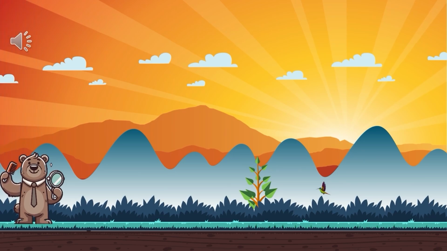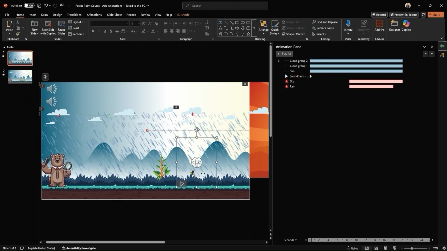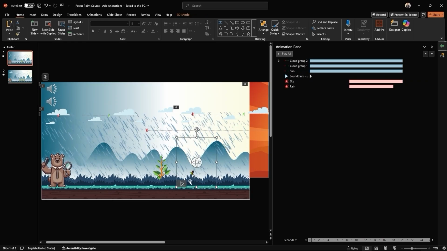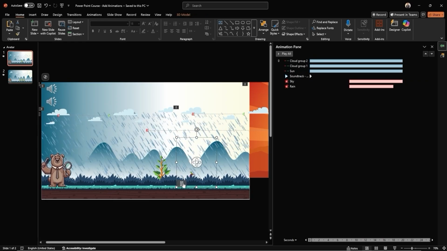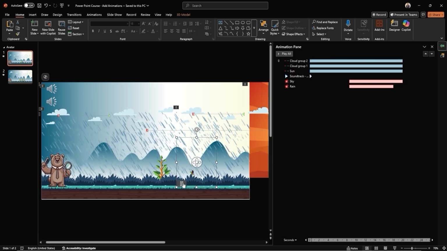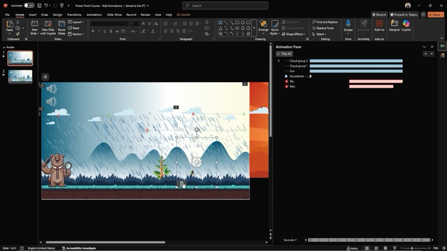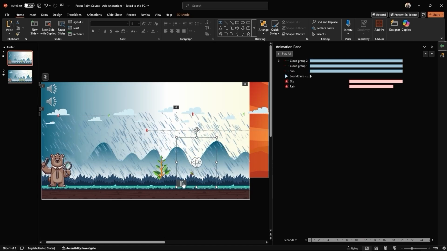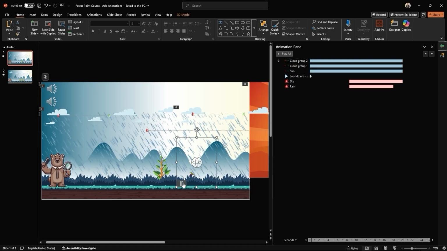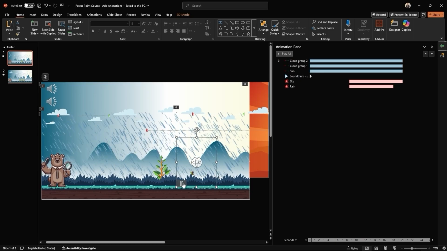As the next step, let's focus on animating the 3D bird. Start by selecting the bird on your slide. You'll notice a small play button appears. Click it to preview the built-in animation. It behaves a bit like a GIF. If you remember from a previous session, when we inserted the 3D model, it had a small Running Man icon in the lower left corner. This indicates that the model includes built-in animated scenes.